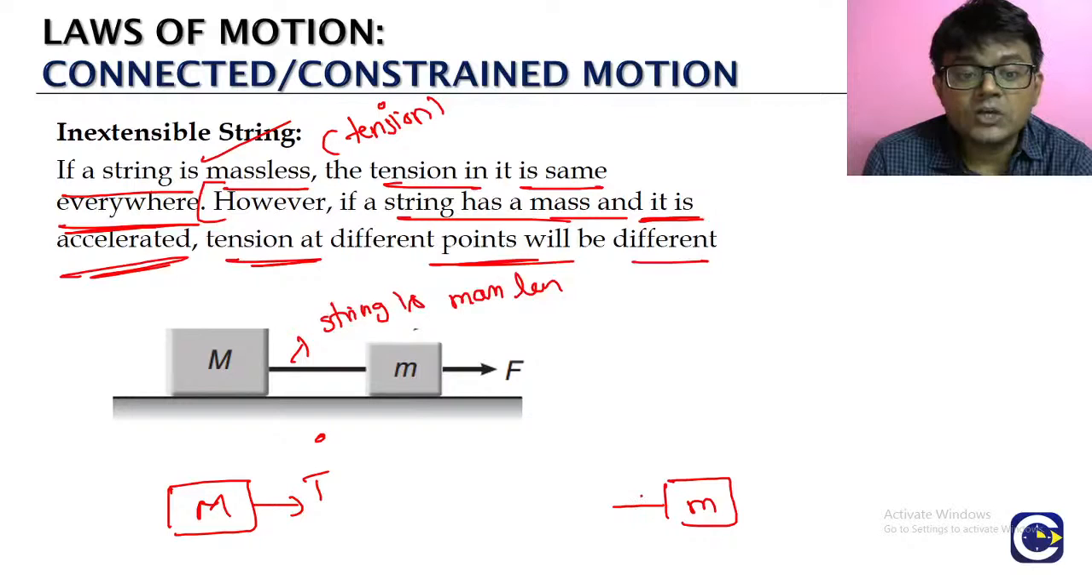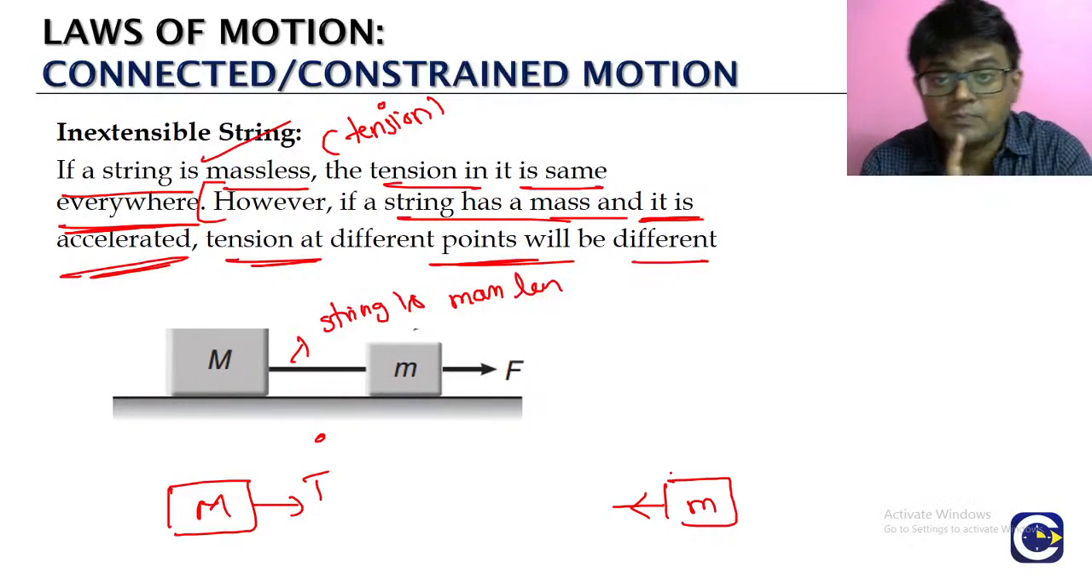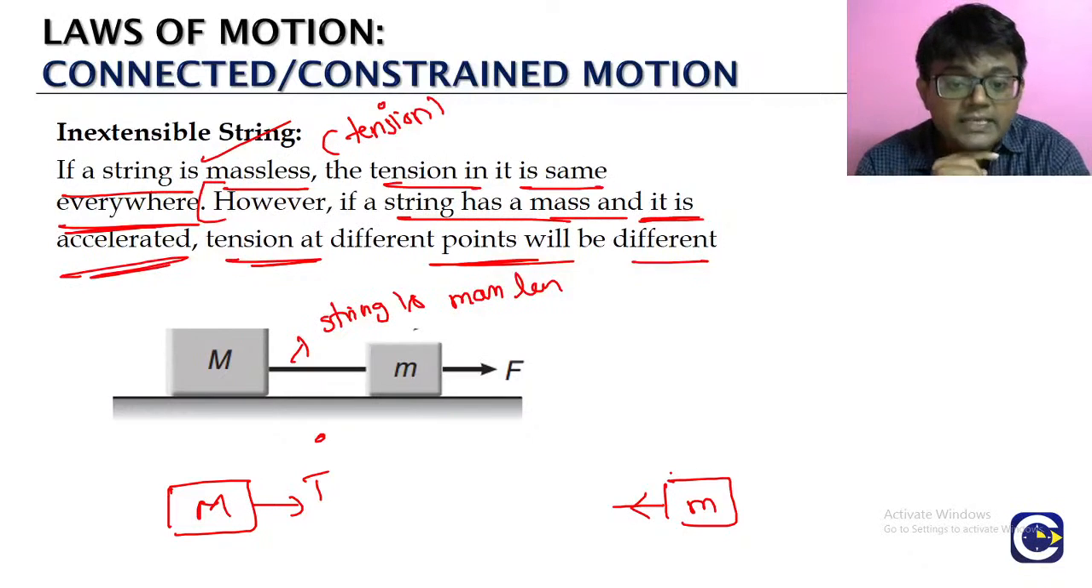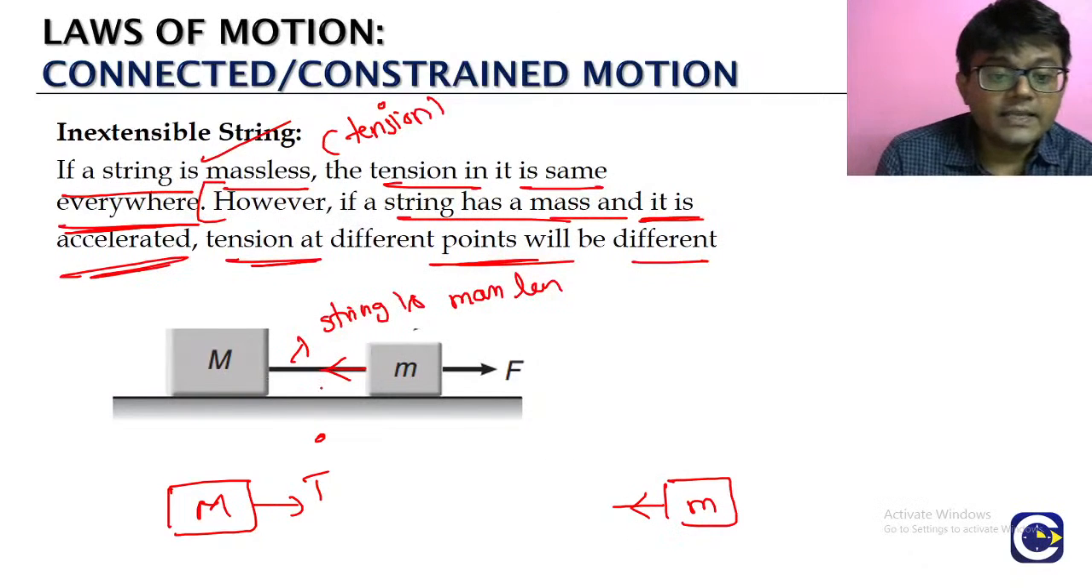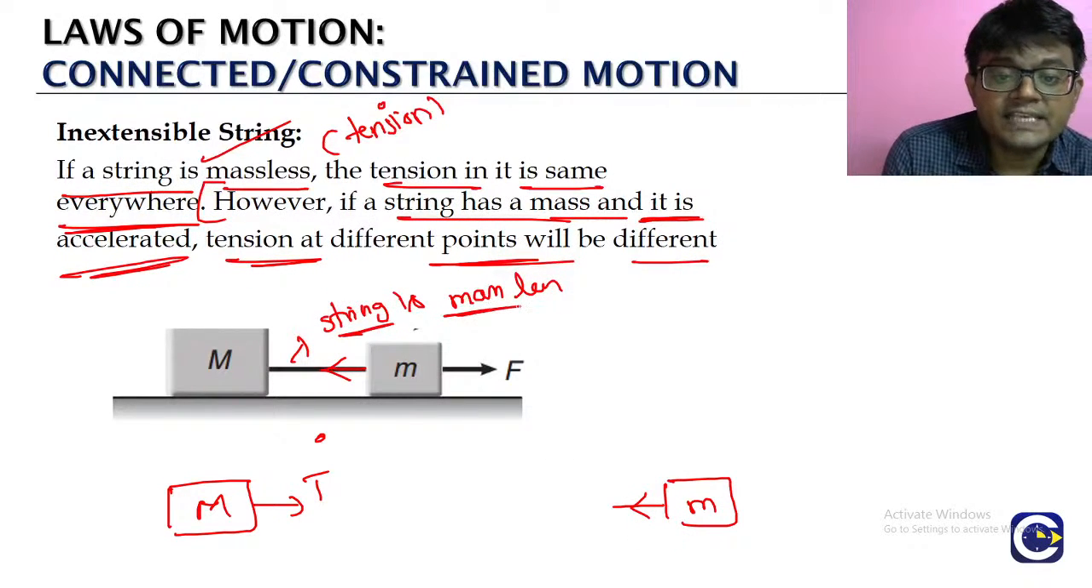Tension force acting on small m will be into the rope. Tension force acting on any object will always be into the rope. So here it will be like this, into the rope. Okay? And because the assumption is the string is massless, everywhere in the rope,